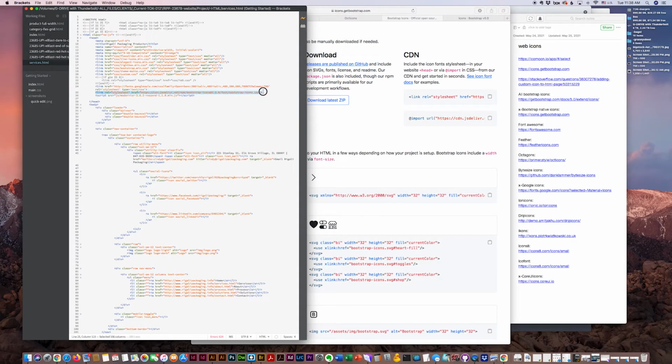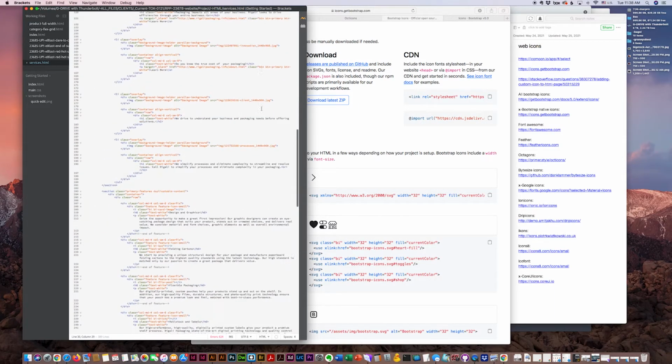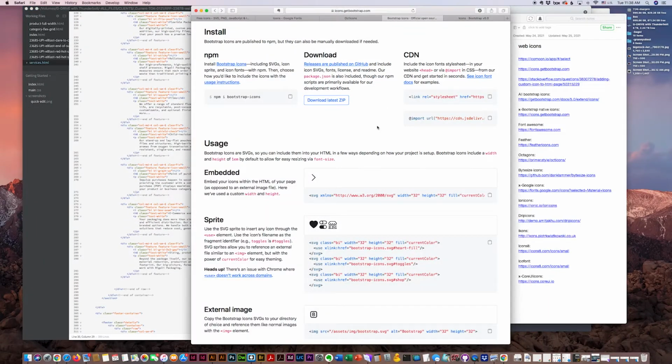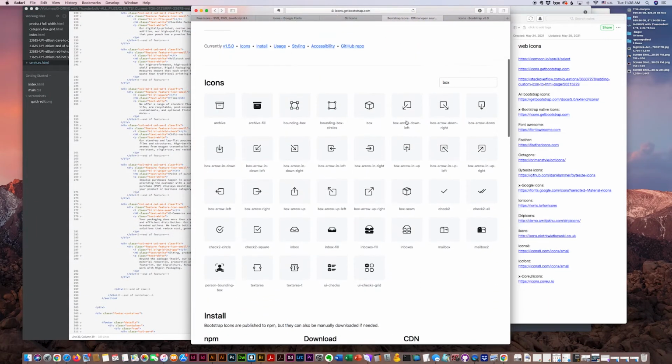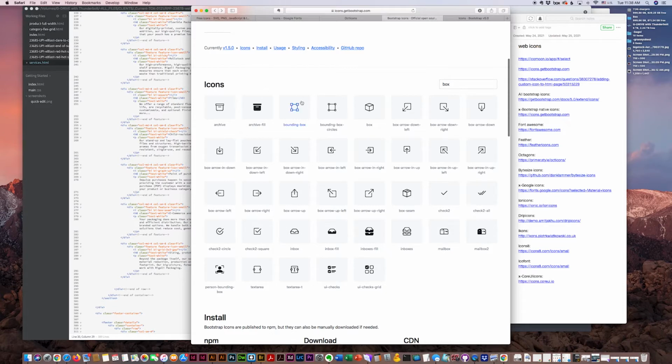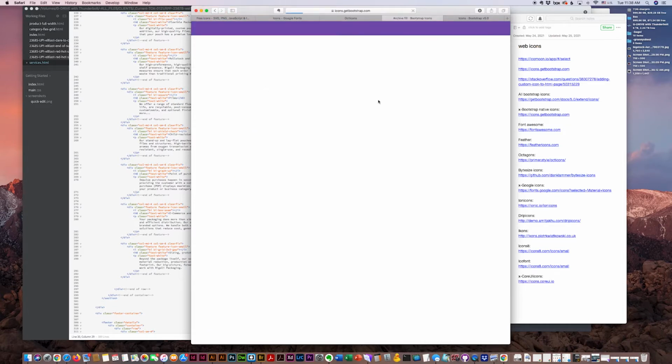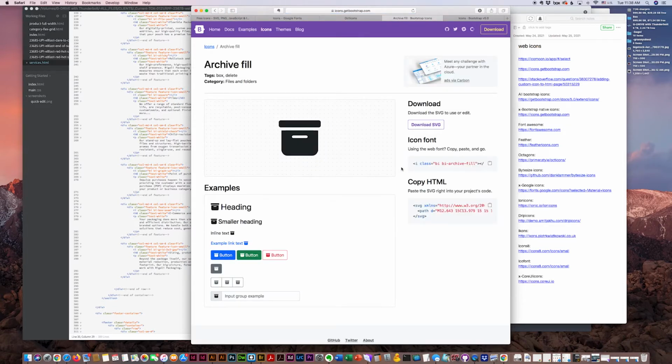I put it right here. And then I go down to where my icon reference is, search by keyword. I'll just use something like this, archive fill. Copy the class reference. There are other options as well for using these icons. You can change the aesthetics, the colors, the sizes, etc. I'm not going to review that in this tutorial, but those options are there, and the instructions are really good